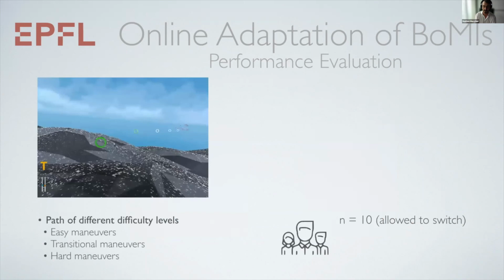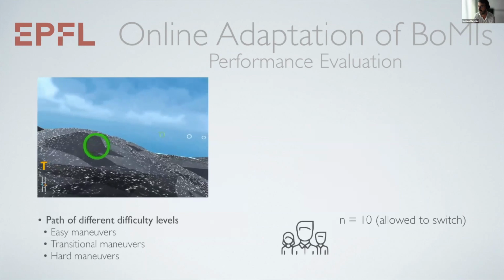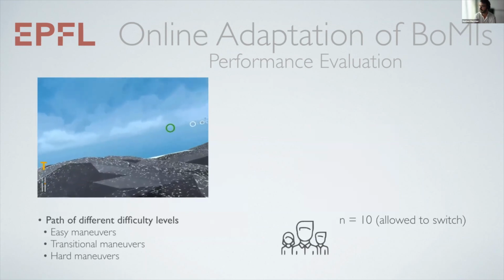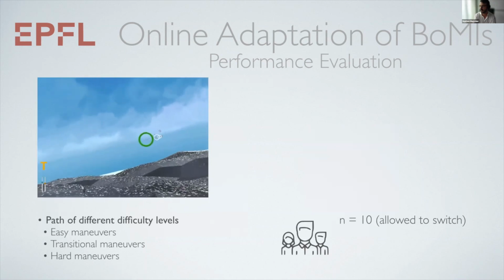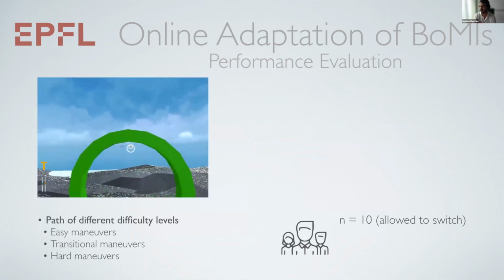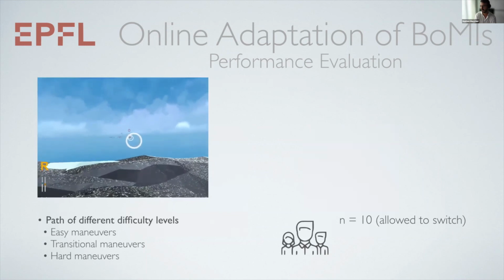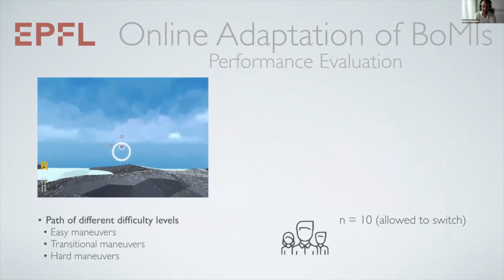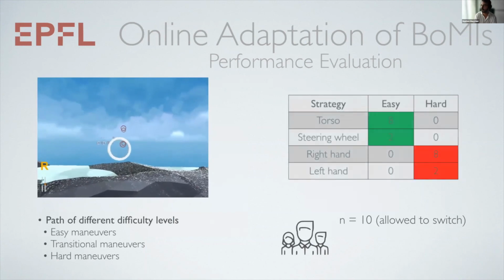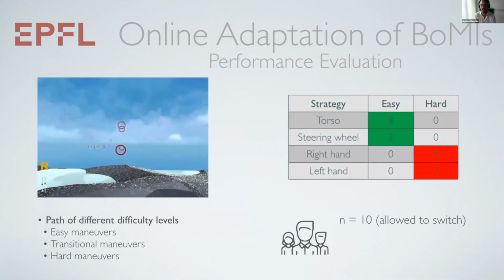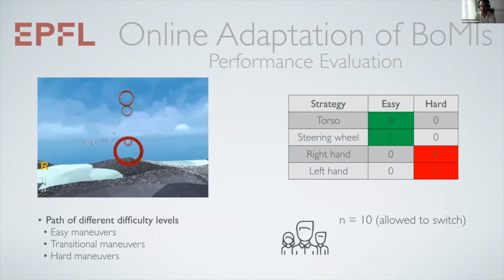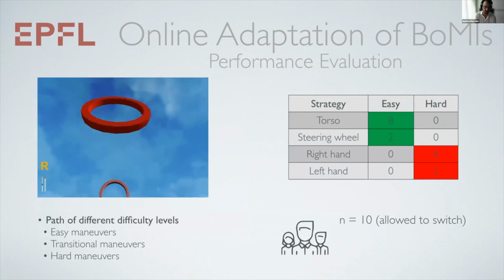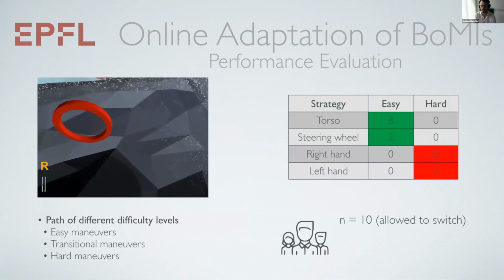And then we ran a second study with a path with different difficulty levels. So you have here in green, you can see the easy maneuvers. Then you have a white segment where people are asked to switch. And then you have more complex maneuvers. And we asked each subject, so we had 10 subjects, to pick their preferred interaction strategy for the easy maneuvers and their preferred interaction strategy for the hard maneuvers. And it turns out that most of the people prefer to use the torso for the easy maneuvers and their dominant hand for the hard maneuvers, for the reasons that I basically told you at the beginning of this part,